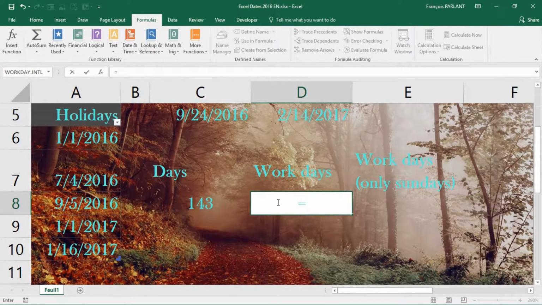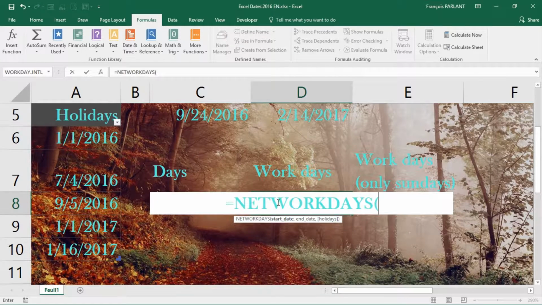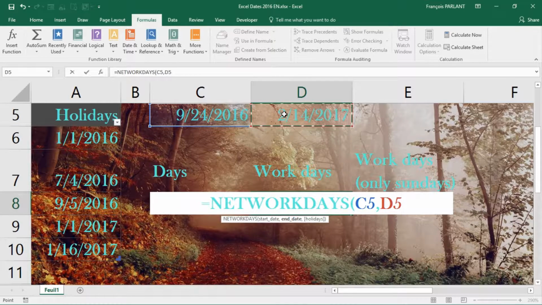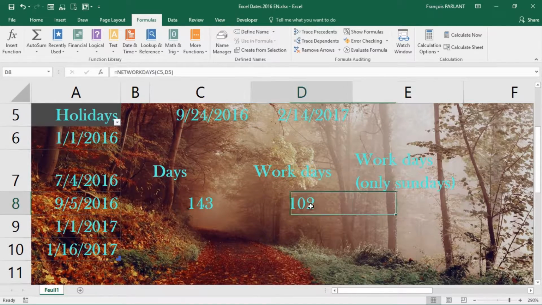I'm going to type equal NETWORKDAYS. I'm going to click on the start date. I'm going to click now on the end date, and there is an optional parameter. I'm not going to use it now. I've got 102 days, but of course, you remember, we have a list of holidays, and Excel has no calendar